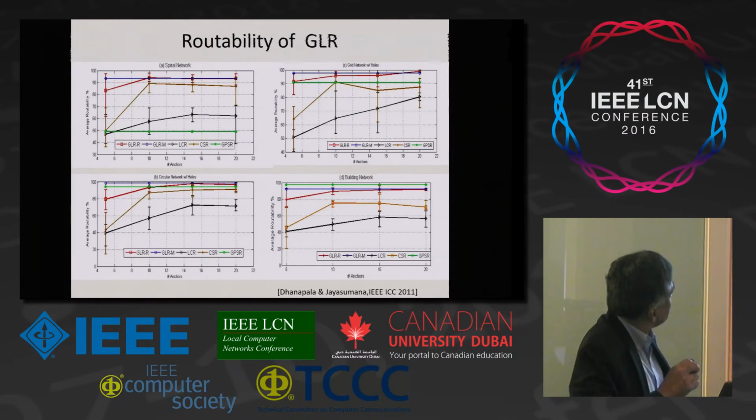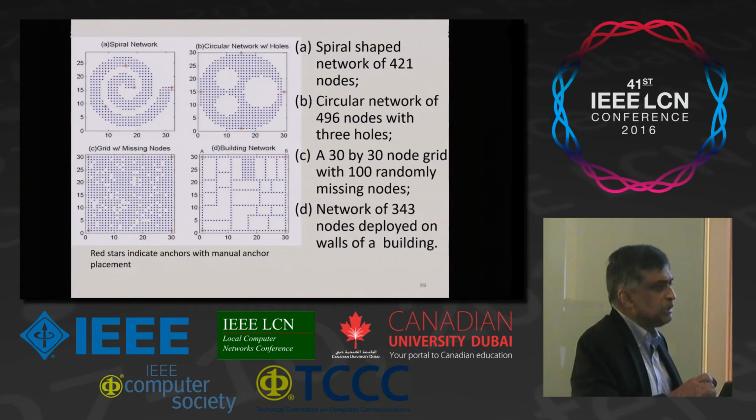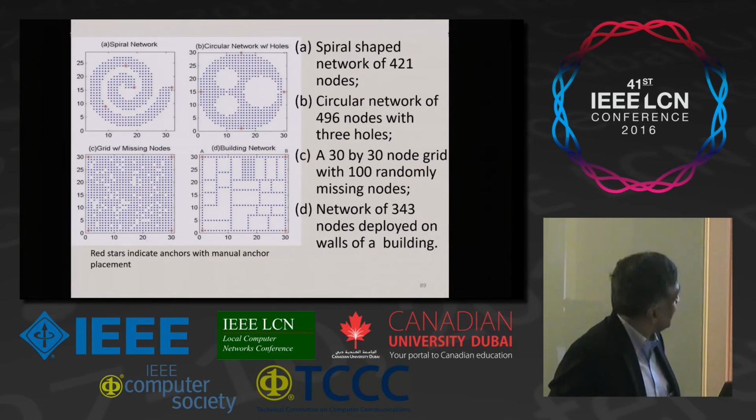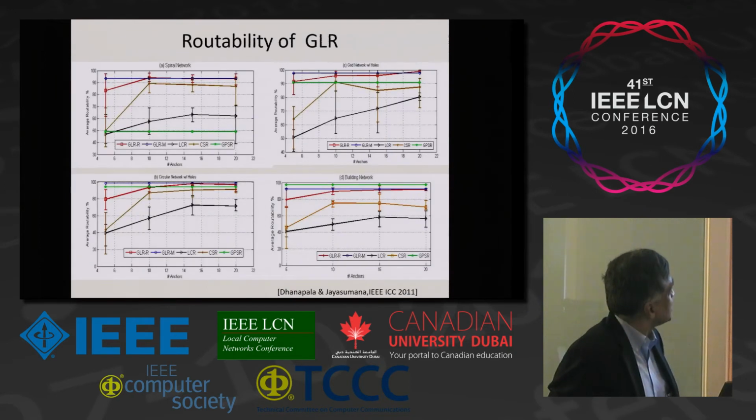So all of this, you can see that this scheme actually outperforms TPSR. This is the scheme that needs the physical coordinates. Right? So without using the physical coordinates, actually this outperforms the scheme with physical coordinates, except in this one. This actually corresponds to the building network. It's a fairly regular, rectangular kind of a network, and they actually work. But it does require physical localization.